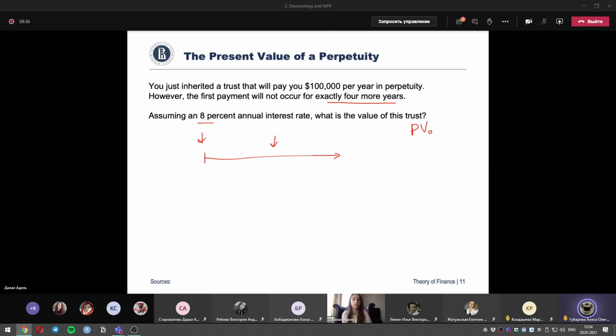Then we have 1,250,000, yes, and then we need to divide this amount by 1 plus 8% to the third power, and we